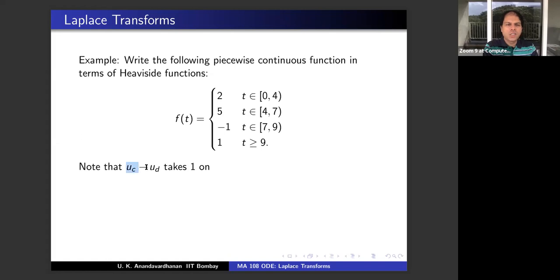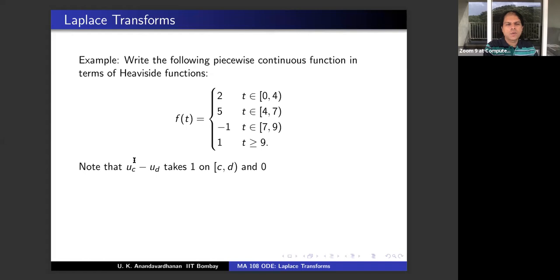If you have a function u_c minus u_d, then where is it 1? u_c is 1 beyond c, and u_d should be 0 in order to get 1. So u_d should be 0, so t should be less than d. So if it is between c and d, it takes the value 1. You agree? That's the definition. And where will it be 0? It will be 0 below c, and it will be 0